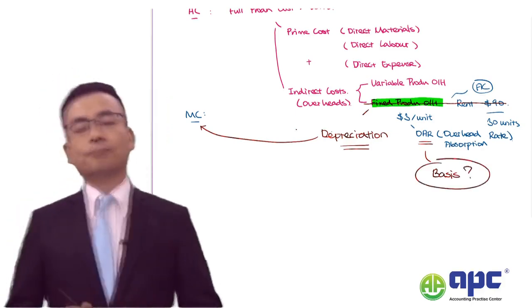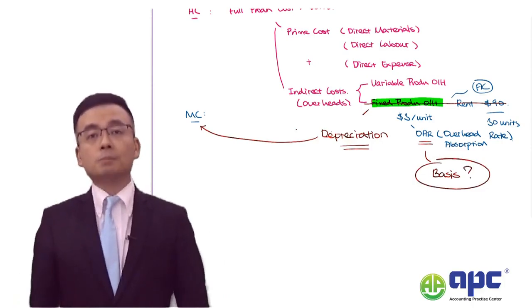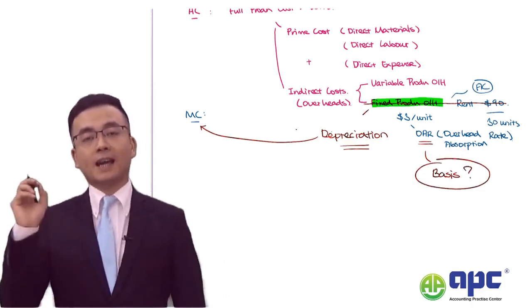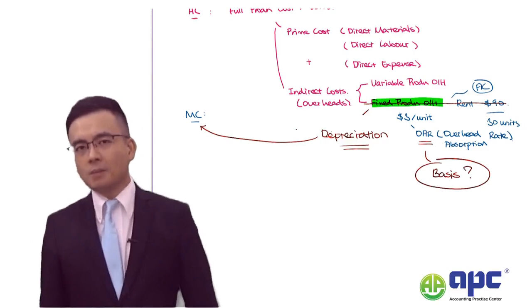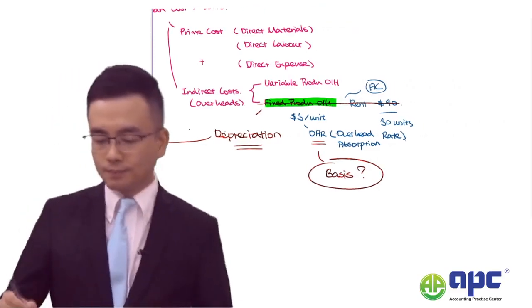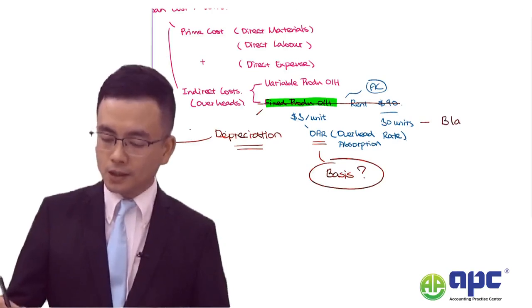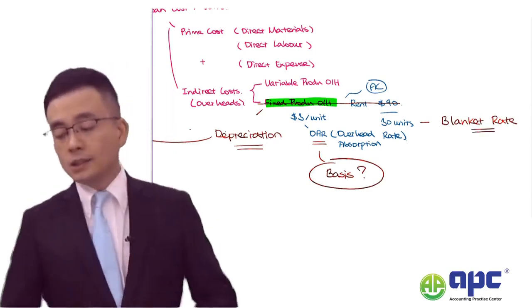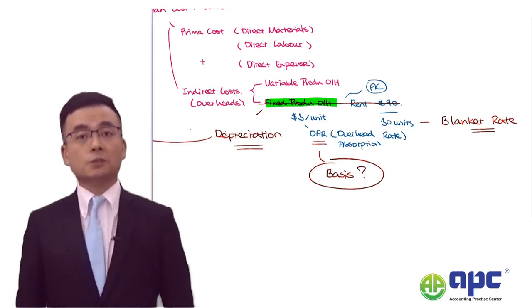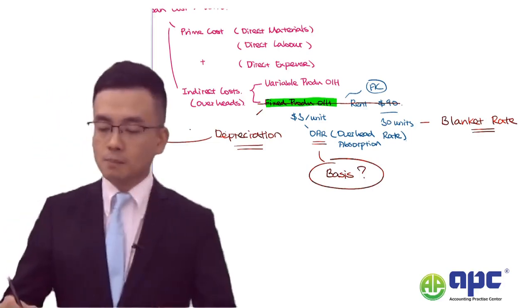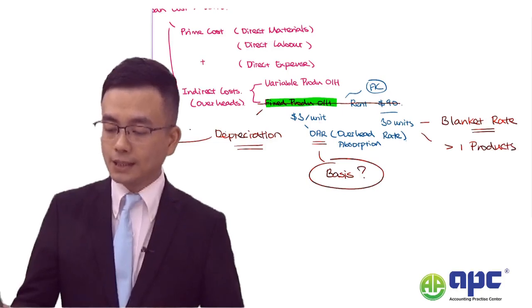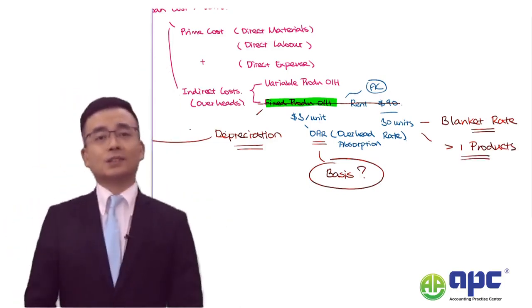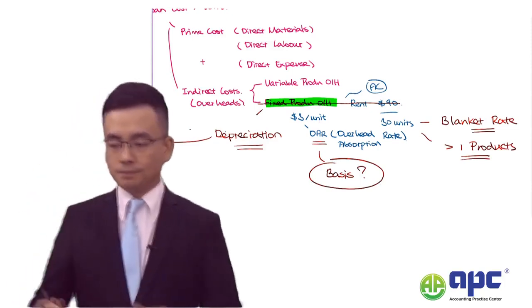calculate that $3. So for example, in our previous example, I divided by 30 units, which means the number of units. Well, that number of units is like the blanket rate. Okay, and this may not be quite suitable to businesses where you have got more than one product. So for example, you've got 2 or more products, and therefore you may need to consider for each cost center